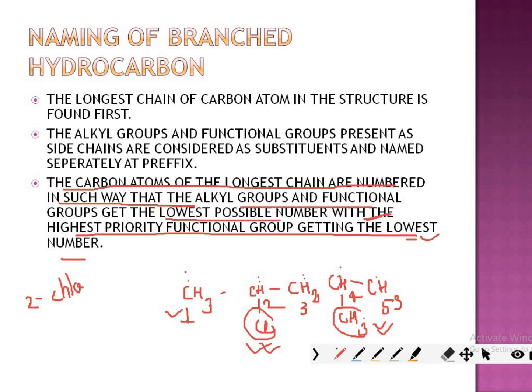I didn't write methyl first because methyl starts with M and chloro starts with C. So which letter comes first? C. So 2-chloro, right? Then 4-methyl. It is continuous, there is no space, so I am writing it down. Okay, 4-methyl